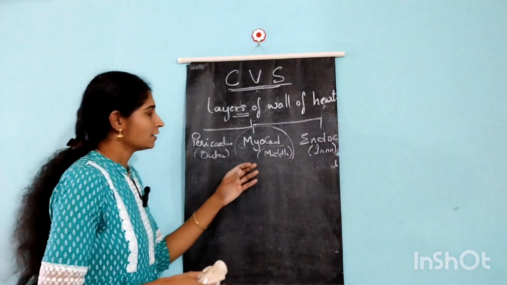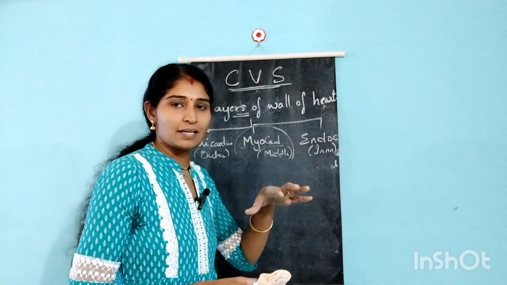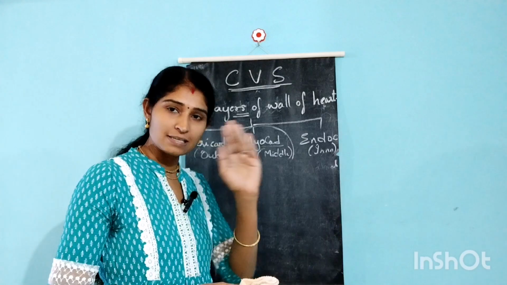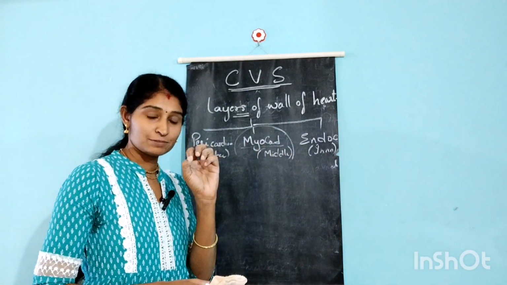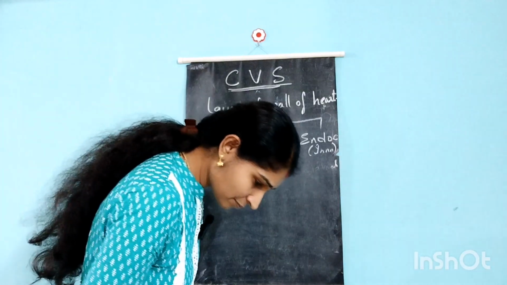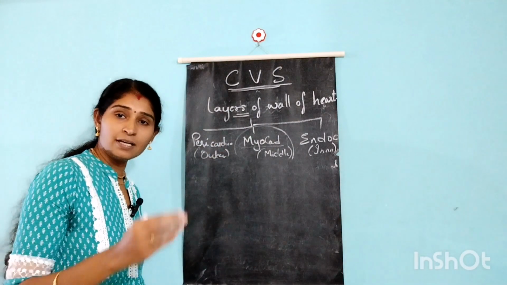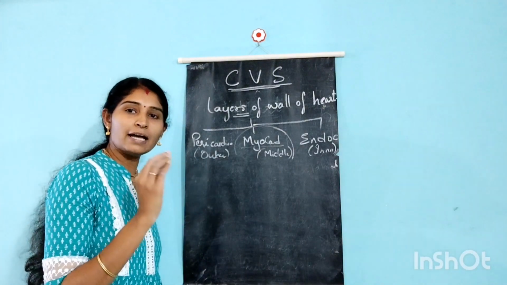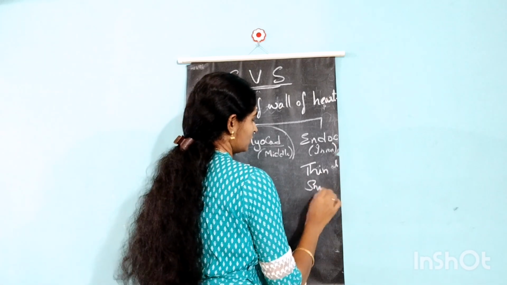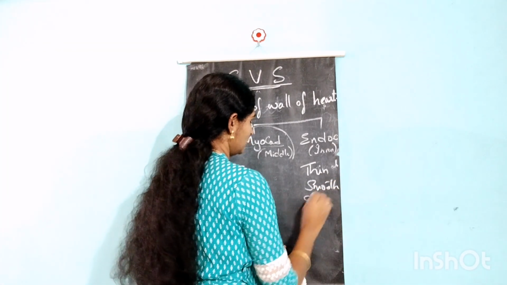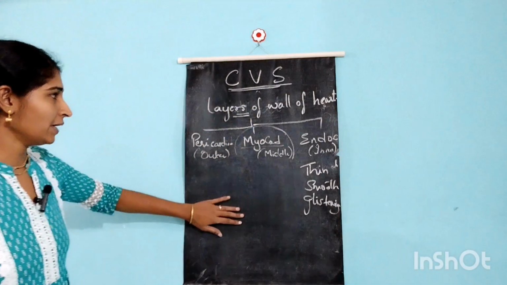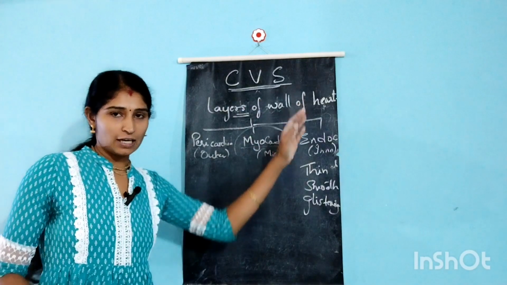Okay, so moving into the last inner layer. Inner layer is what? Endocardium. Inner layer is the endocardium. It is a single layer and it is very thin, smooth and glistening. So once again I am going to repeat the layers of the wall of the heart,